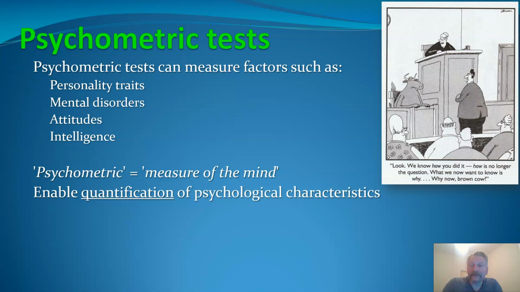The whole psychometric process enables us to quantify these constructs, these psychological characteristics. There's a variety of ways in which it can do that, but essentially, all we are doing is assigning values to those different levels. This way we can quantify and get an approximation of how much,